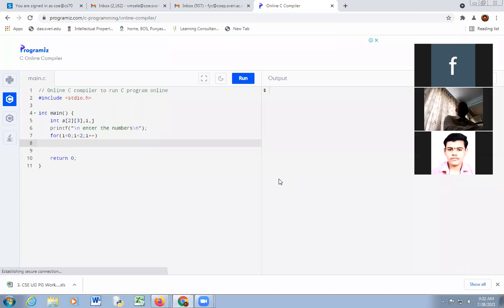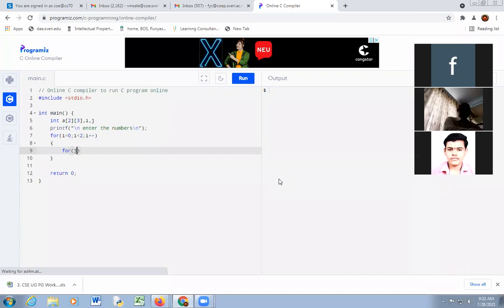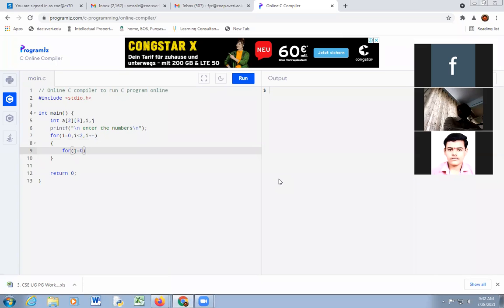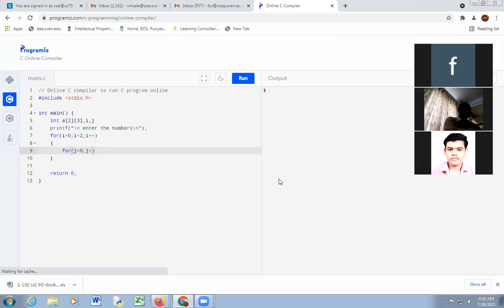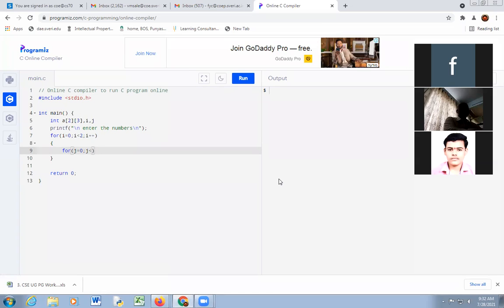This is the outer for loop. Then the inner for loop: for j equal to 0, because column starts from the 0th index, j less than 3, so column size is 3, j plus plus.